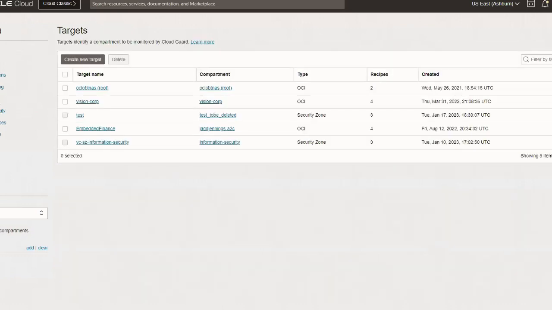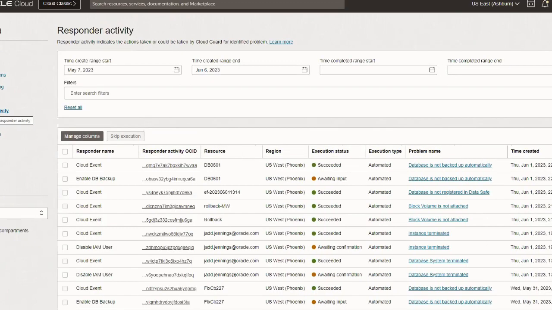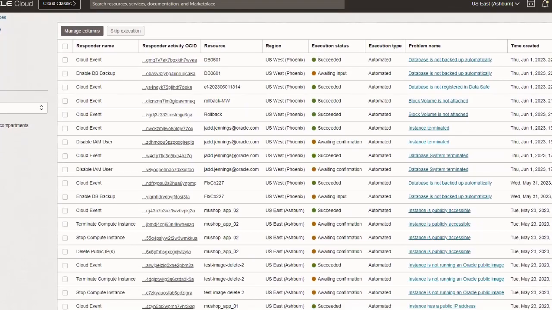And then here you have the different targets we put in. We put in our root tenancy. We put in these next couple of containers as well, compartments, excuse me, as well, to either use as a security zone or a Cloud Guard or otherwise. And here's the responder activity. And so you see that through these different scripts that were put in place, you've had some